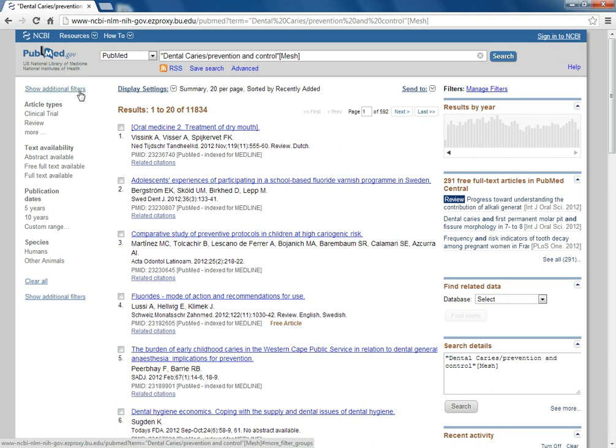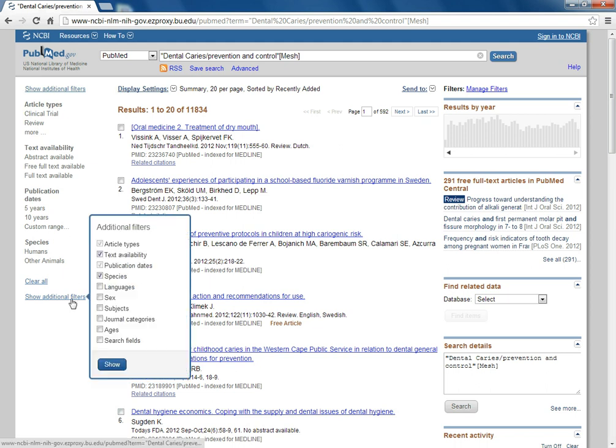Now unfortunately right now I don't see anything here for age, but age is a filter. PubMed, for whatever reason, I honestly don't know why, they don't show you all the filters you have available by default. If I click here on Show Additional Filters, I also have all these options here as well. So I'm just going to check all of these off here, just to make my life a little bit easier,